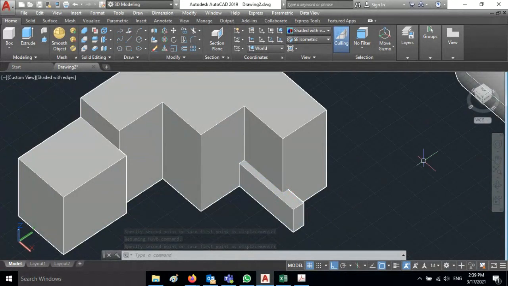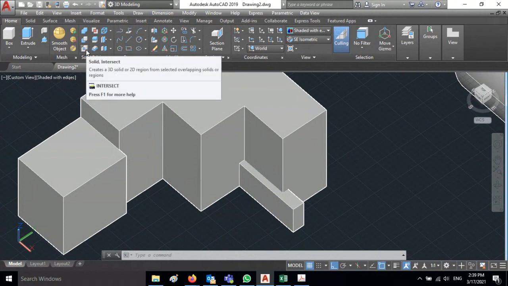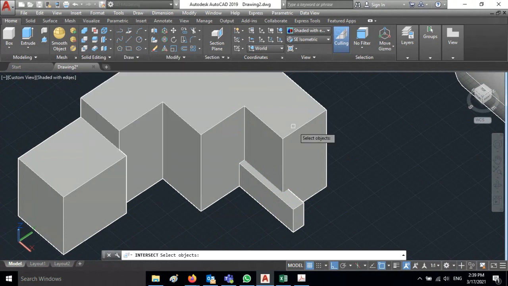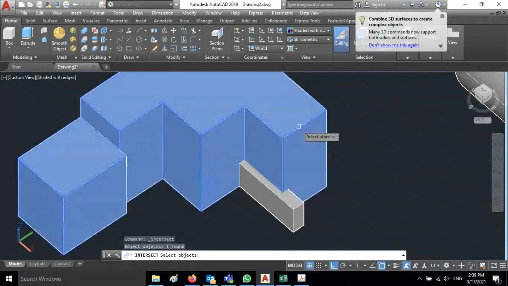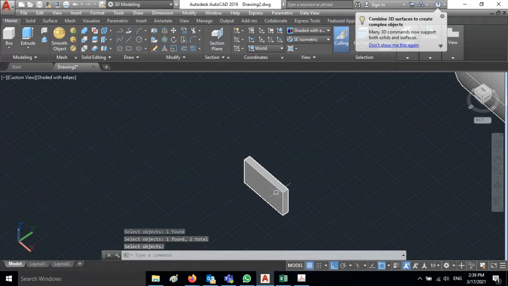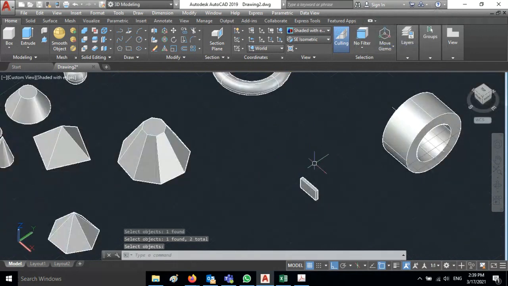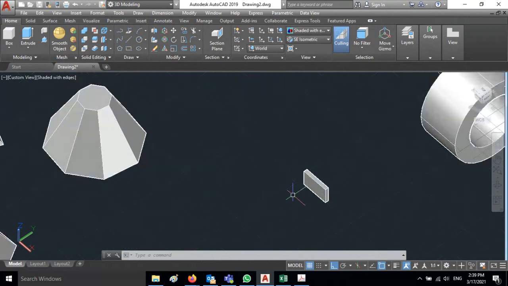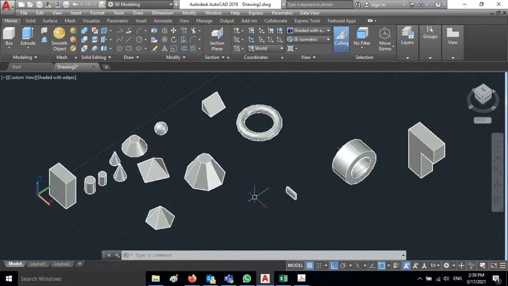How to do that? Go to intersect. This will create only the intersecting part. Select the object and select another object by using the shift key. Now you can see all other things have gone, only the intersecting part is there. Okay, this is called the intersect object.